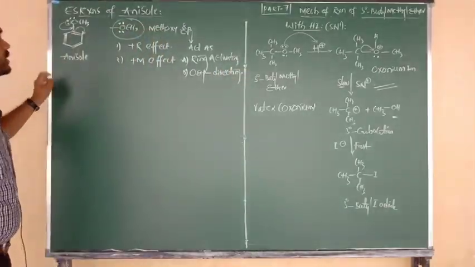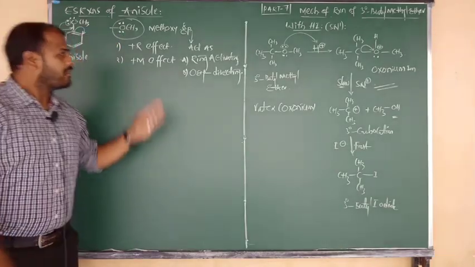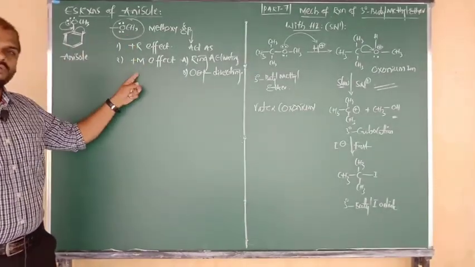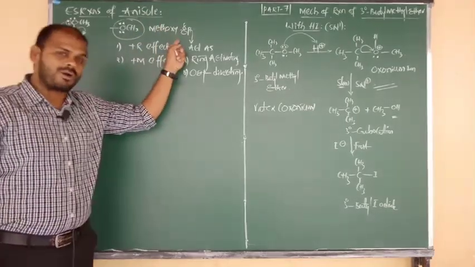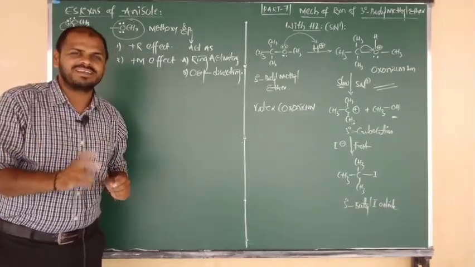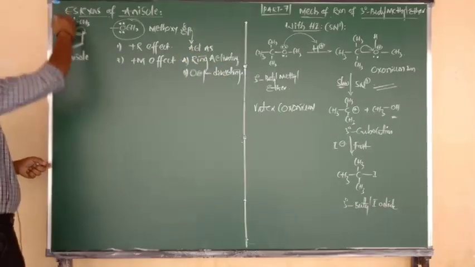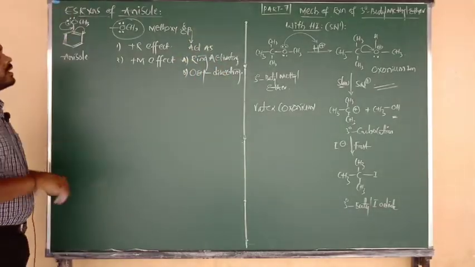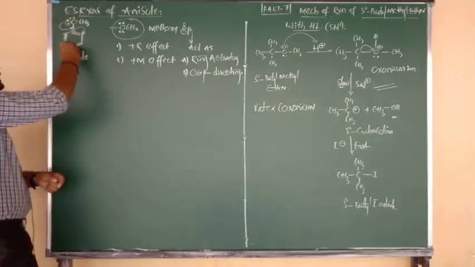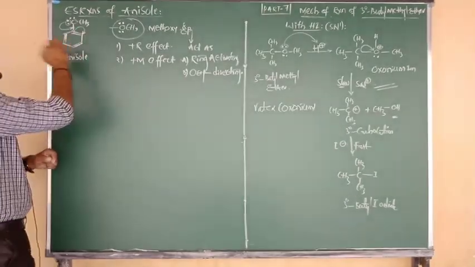They will ask you the question: the methoxy group or alkoxy group present upon the benzene shows positive resonance effect and positive mesomeric effect. Due to such 2 effects, we have to say that such a methoxy or alkoxy group acts as a ring activating group, and also an ortho para directing group. Why are we saying ring activating? Because it donates its lone pair to the benzene ring. And also we say ortho para directing group: in the presence of the methoxy group, the incoming electrophile attacks at the ortho position and para position.